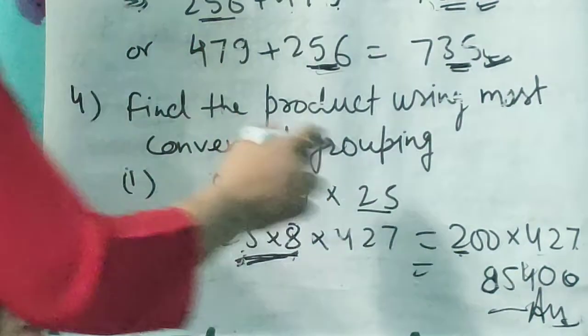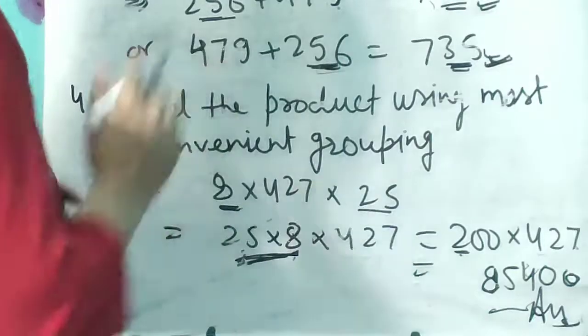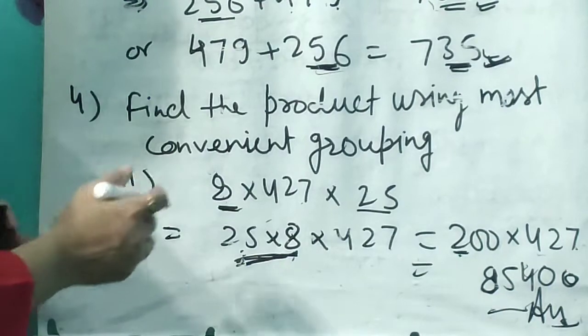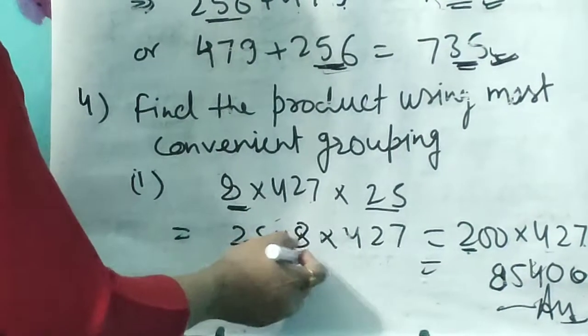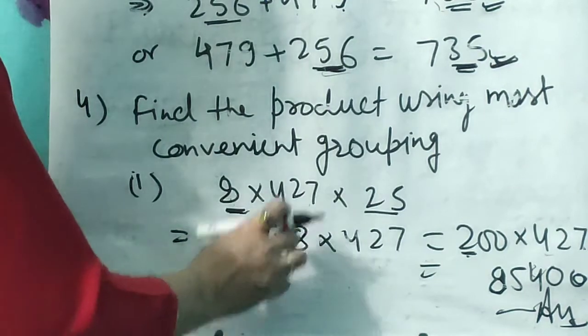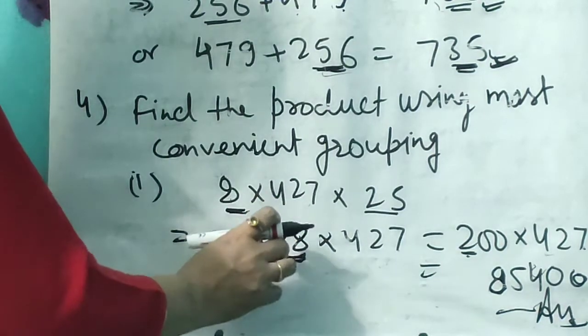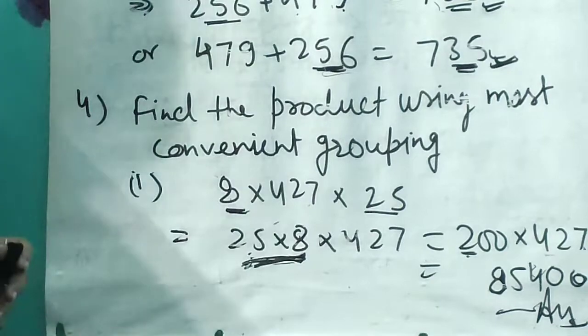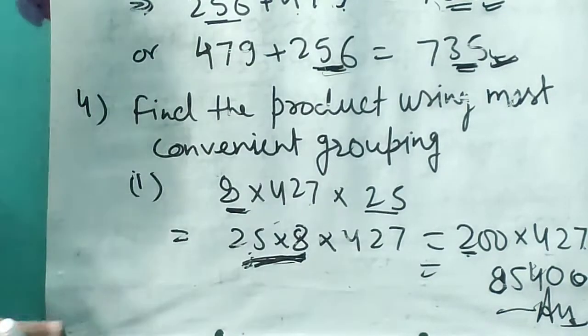So using convenient grouping you can multiply the numbers. And how to make the groups here? You have to take the numbers in such a way that on multiplication the result comes in the multiple of 10. Then the multiplication will become easier. Now the next example is